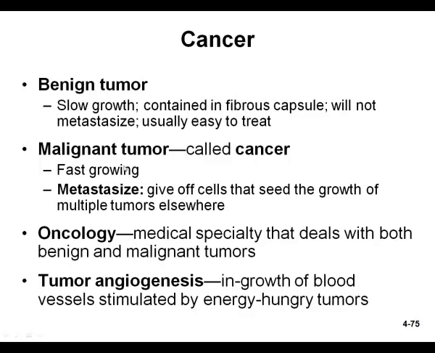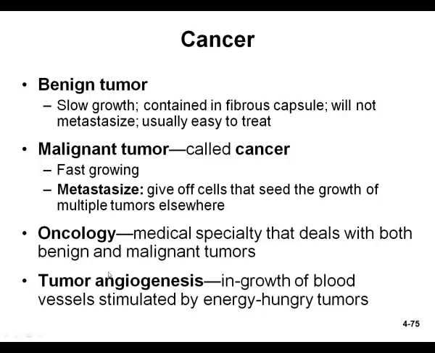The problem, of course, with malignant tumors, as I said, is that they metastasize. They don't sit where they are, and not all the cancer cells will metastasize, but the more metastasis the cancer cells are capable of, the worse this type of tumor is. So nowadays they test this metastatic ability of a cancer cell to determine how bad the cancer is. Oncology is a term that refers to the medical specialty that deals with benign and malignant tumors. There's another term called tumor angiogenesis,